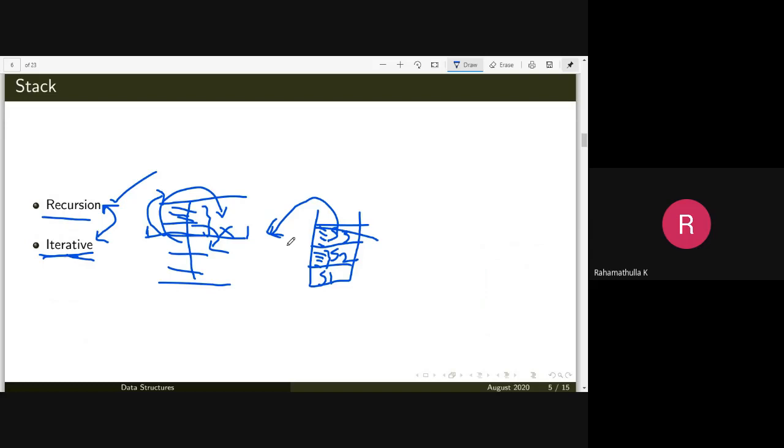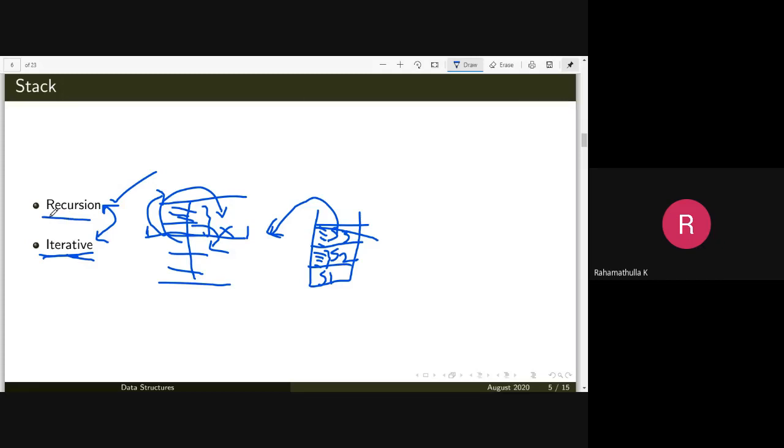Then in that case, you can always convert that into a recursive procedure, basically because the same stack structure is available as a system stack, and that can be used instead of the stack that is available in the case of the iterative procedure.